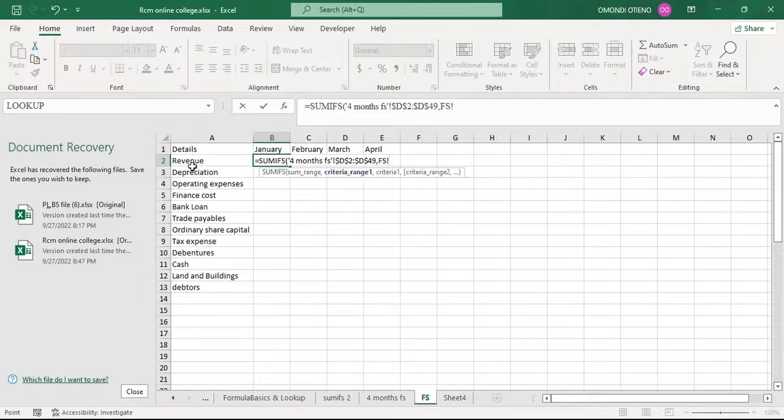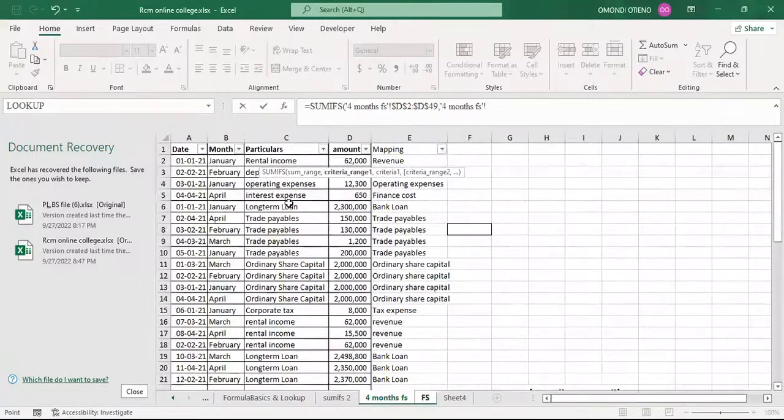Criteria range 1. Where do we find these items in our database or original data? Where do we find these items in this database? Where do we find those items? In which column do we find those items? Mapping E, yes, E. So this is where, if you don't get it, somebody will get confused and get zeros when inserting the